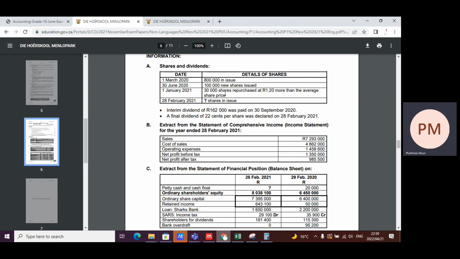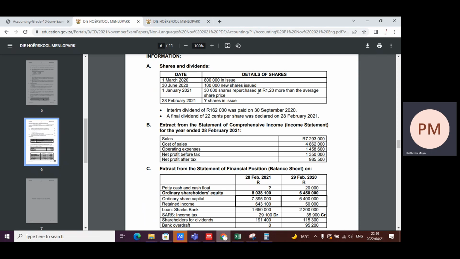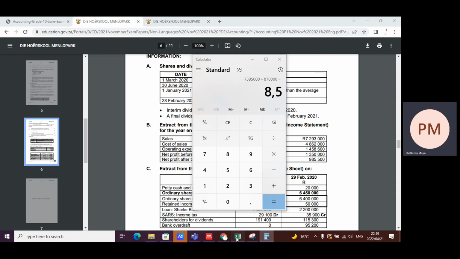So, guys, the reason we're going to use the weighted average at the end is that after the share repurchase there was no other transaction. So the balance at 28 February is the same as the one at 1st February, because there were no movements in shares after the repurchase. So it's 850 plus 120, and this is where they hid a trick: it's 120 more than the average. So when they bought it back, the cash price was 8 rand 50